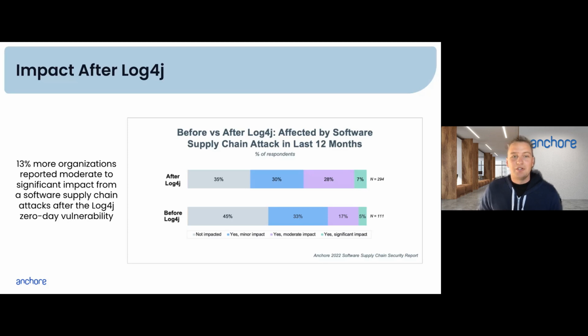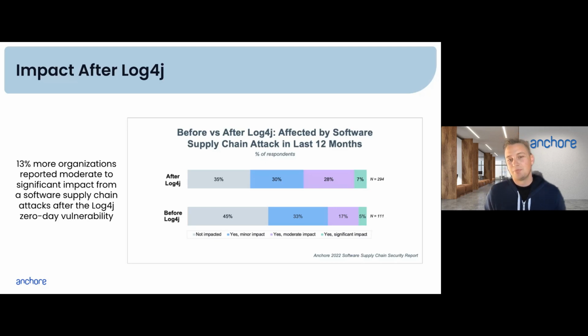Another thing we asked about in that survey, which everyone answered here, is the impact of Log4j, the before versus after Log4j impact. So you can see the results there. What's important here is that 13% more organizations reported moderate to significant impact from a software supply chain attack after the Log4j 0-day vulnerability. And I think the reason for that is due to the fact that it was a 0-day,